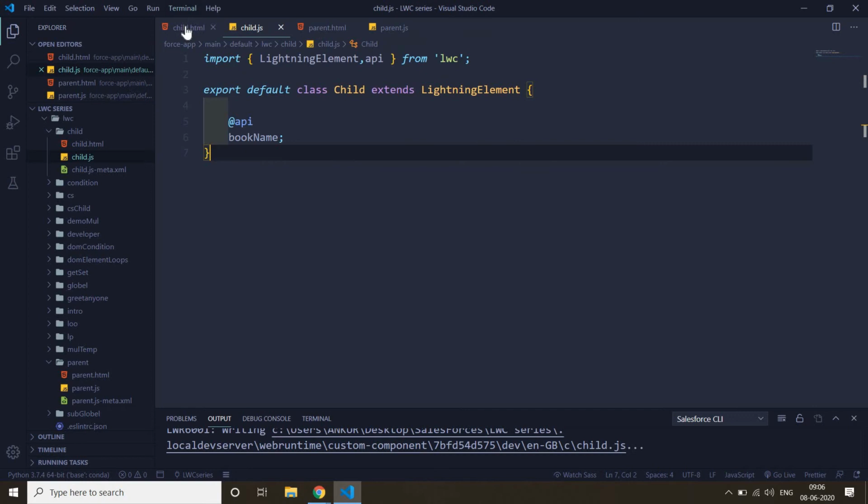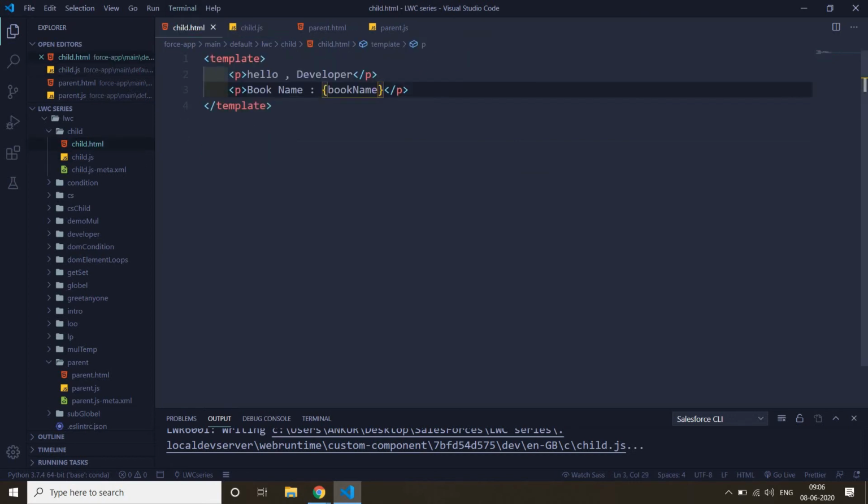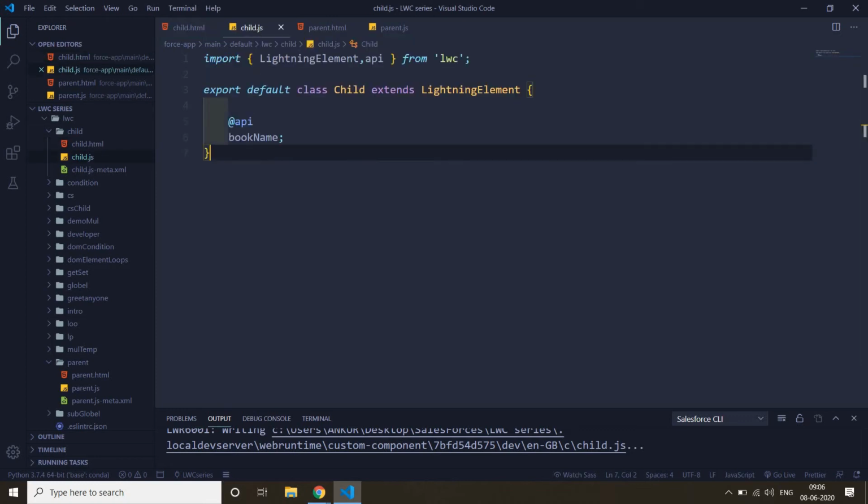So first of all let's clear our flows. Here we want to print our book name, so we pass one variable, book name. This book name variable comes from our child.js file, and here we make one public property, decorated with the API decorator.